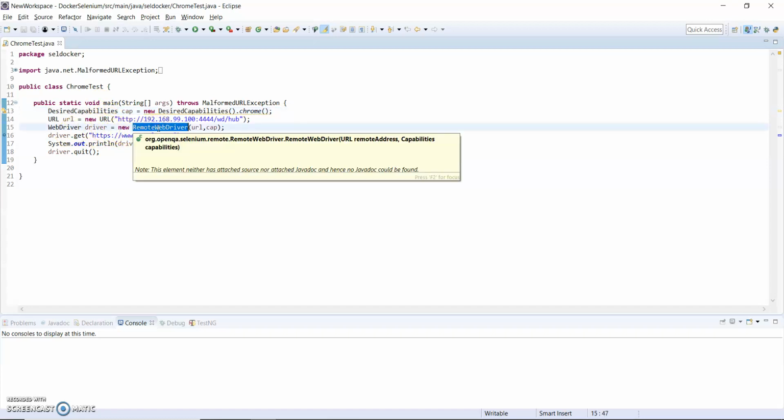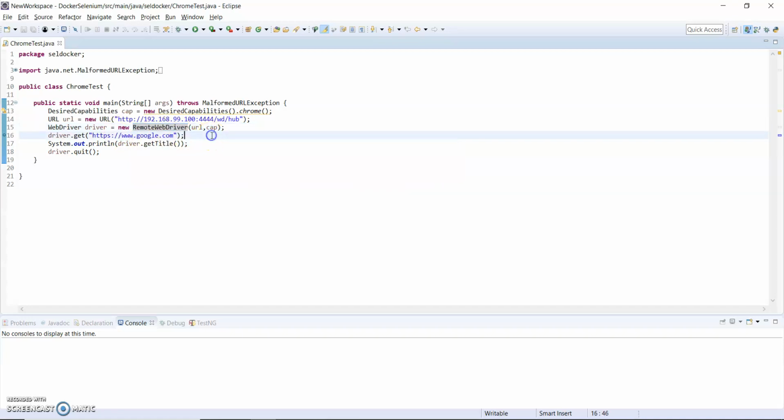We use RemoteWebDriver when we need to run our tests on a remote machine. I am running on this IP, which is the container IP and host, so that's why I am using RemoteWebDriver.